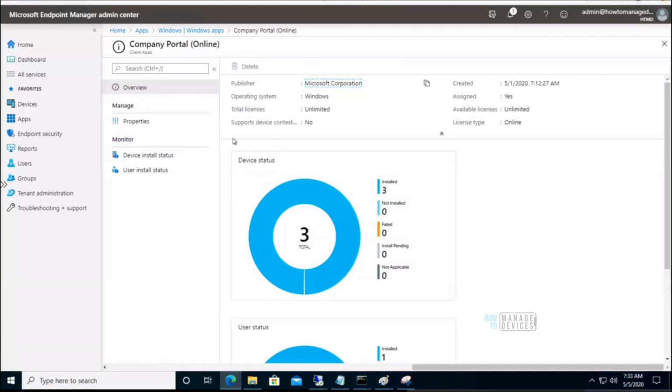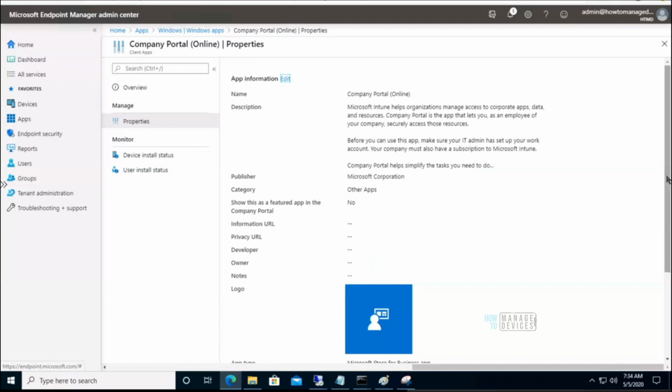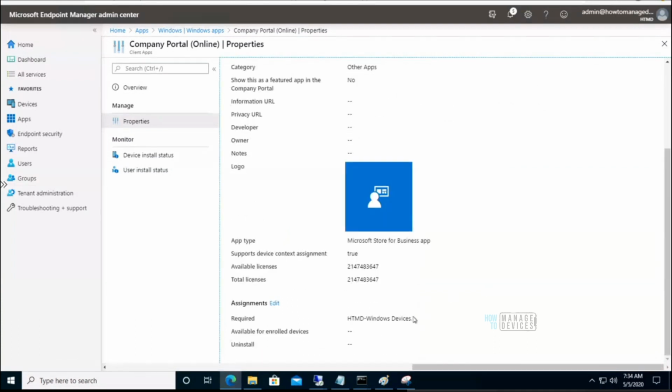You can see the company portal application right over here on the screen, deployed to all the devices, and this is a required deployment.